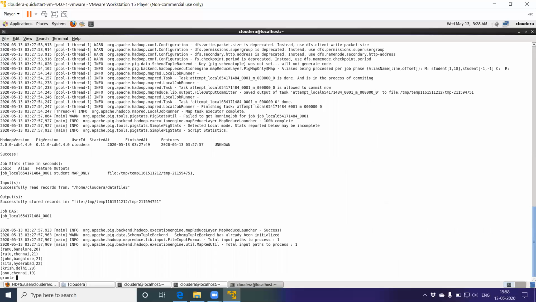Note here, the MapReduce is completed, 100% it is completed and the output is displayed. So Pig Latin is very simple, just a small command. Using a small command you can perform analysis. To do the same task you might have to write 100-200 lines of Java code. So to simplify that, Pig Latin is introduced, a simple scripting language.